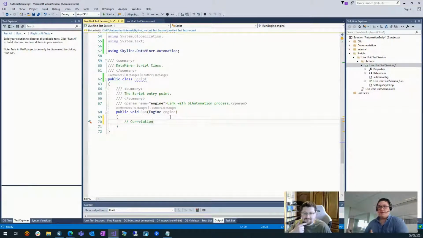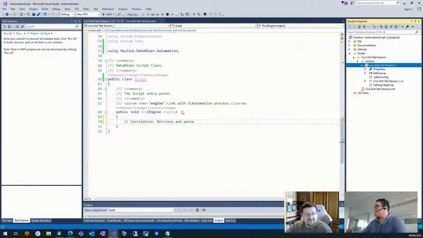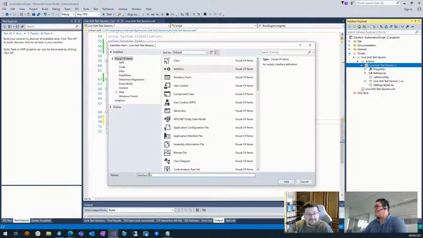So we have our correlation info, but we first also need to retrieve the information. So my first step would be to have a way to retrieve that information and then make it easily accessible or easily usable. Exactly. So we're going to want to represent our correlation alarm data. I would suggest we make an interface called ICorrelationAlarm. Yes. And that one's just going to represent what we get from the engine, because that's going to be the input.